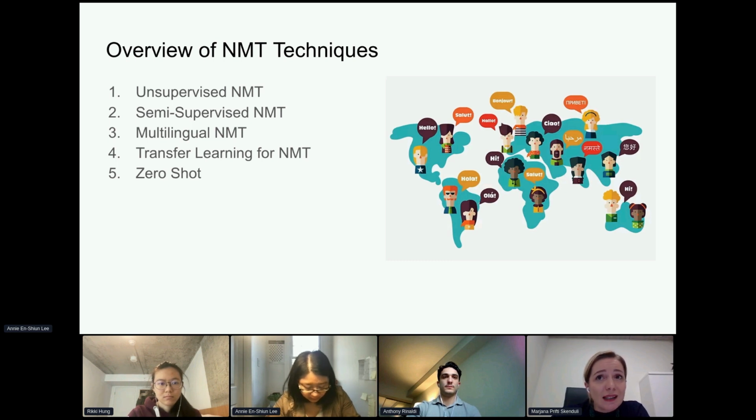When it comes to architectures, most of those applicable to unsupervised NMT make use of the adversarial frameworks of generative adversarial networks, or simply GANs, and contain basically three popular steps: initialization, back translation, and discriminative classifiers. But without going into too many details, in contrast to unsupervised techniques, we have